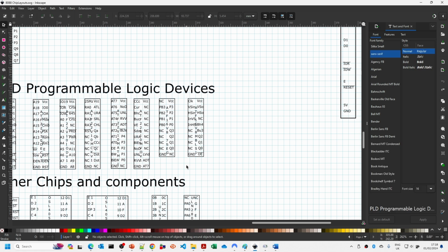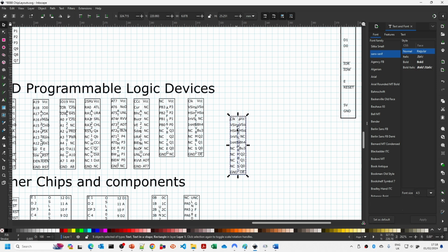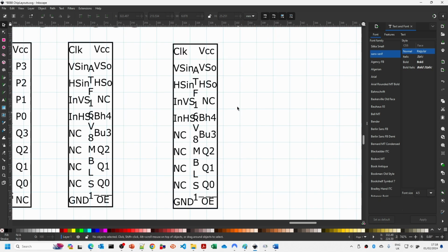Quite often these objects will be grouped together. So you may first of all need to select this and do ungroup. Once you've done that, what you should then be able to do is to copy, Control C, Control V, and if we just move this back up again. So if I want to create a new chip label for a default ATF